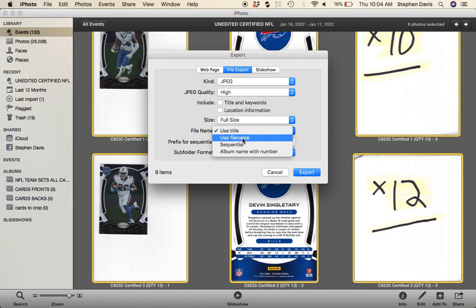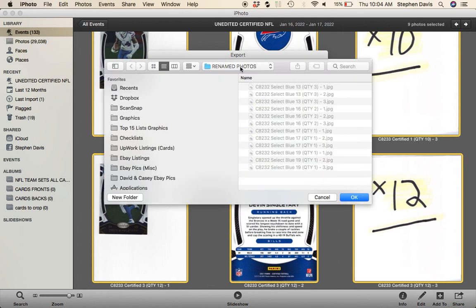If you say Use File Name, it'll use the original JPEG file name, which is probably just a bunch of random numbers and letters. You want it to use the exact titles that you just added, and so you select Use Title for the file name, then Export, select your export folder, and